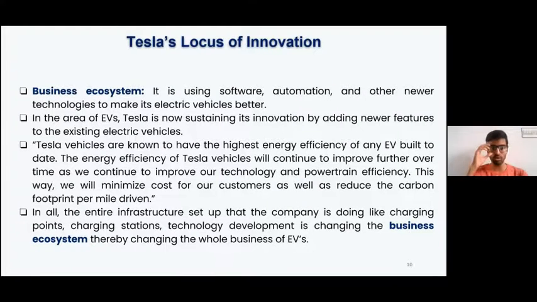Now moving towards Tesla's locus of innovation. Tesla's locus of innovation is business ecosystem. To start with, electric vehicles are not new. In fact, the first electric vehicle came into existence in the year 1882. But the kind of technology that Tesla is using, automation, software, and other newer technologies to make its electric vehicles